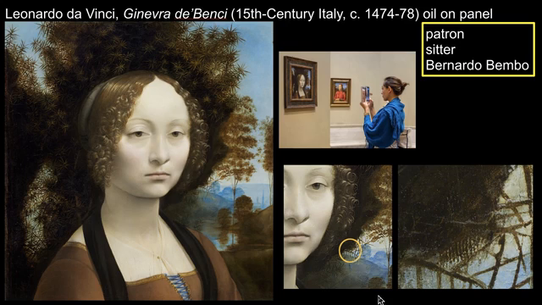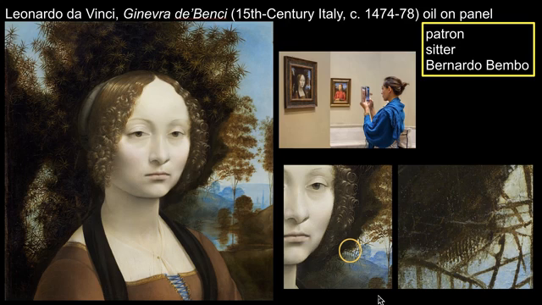Portraits are usually commissioned by a patron. The patron who pays for the work of art to be made can be the sitter, the person shown in the portrait, or it could be a family member or friend who is paying for the portrait. In this case, we have two possibilities. It could have been commissioned by her family or her fiancé on the occasion of her engagement at the age of 16, or the patron could have been Bernardo Bembo, the Venetian ambassador to Florence, who was a friend of